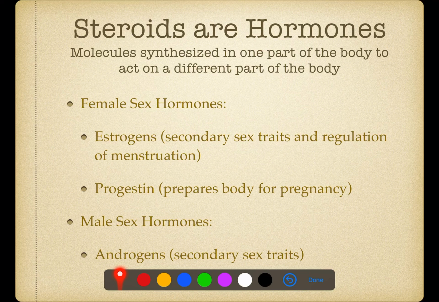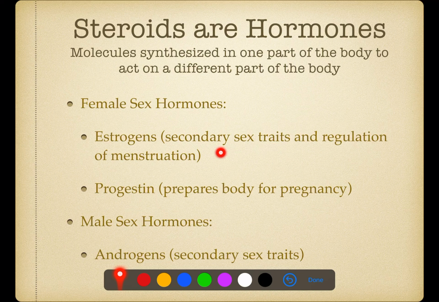So we have 2 general classes of hormones. We have female sex hormones and male sex hormones that we're going to talk about. Female sex hormones, there are 2 different types. There are estrogens, of which there are several, and progestin. Estrogens are responsible for secondary sex characteristics and regulation of menstruation. Secondary sex characteristics, if you don't remember or never learned what that is,